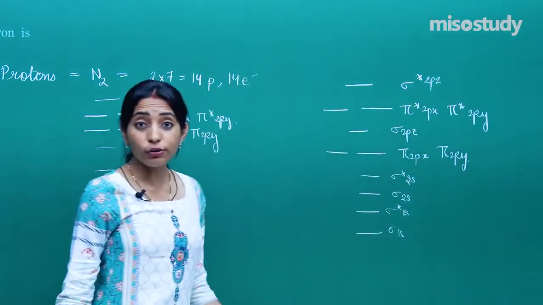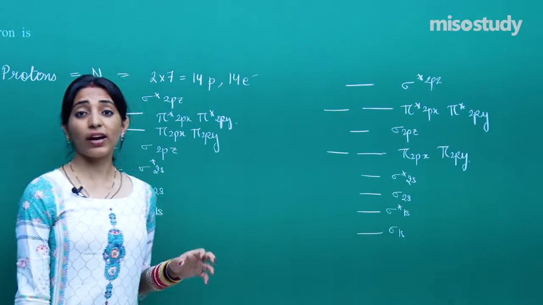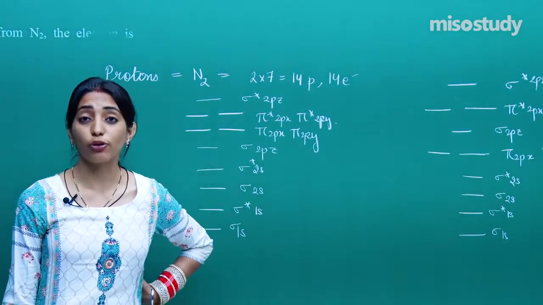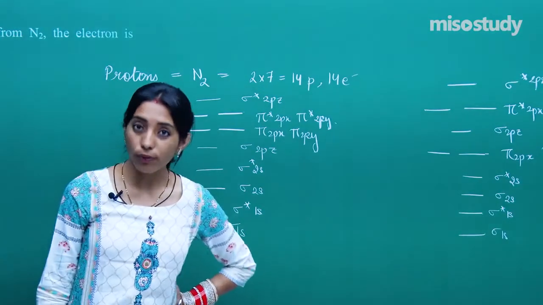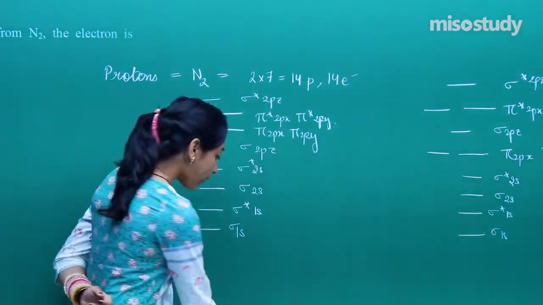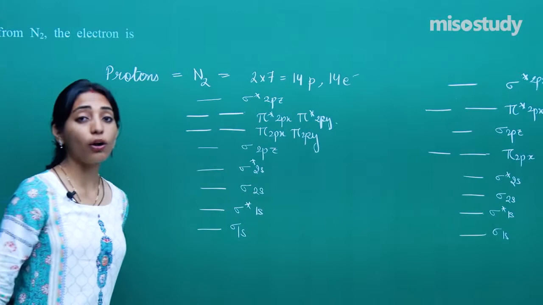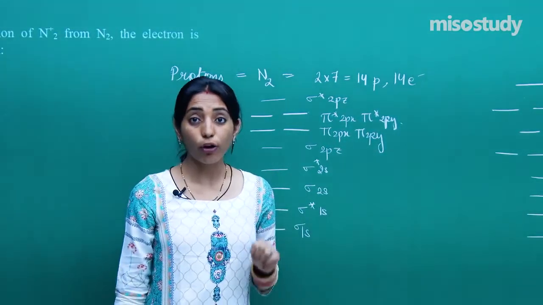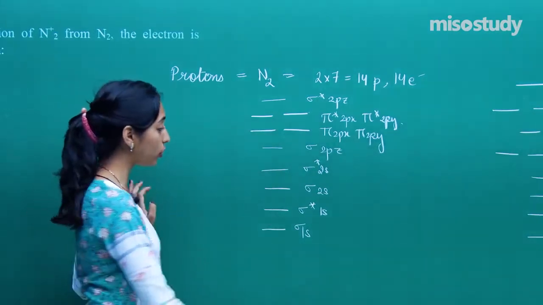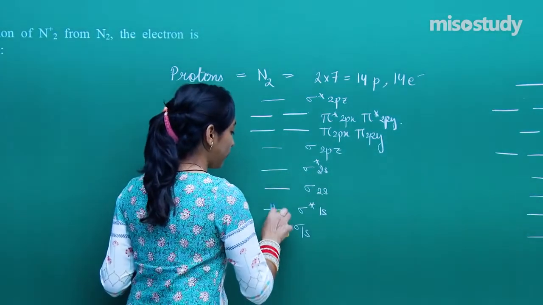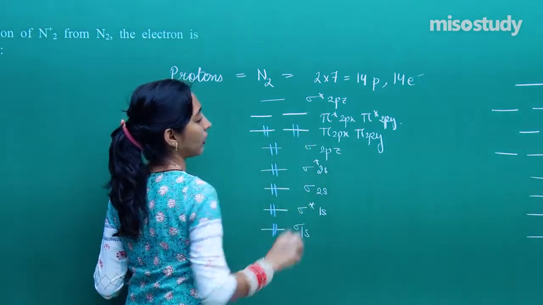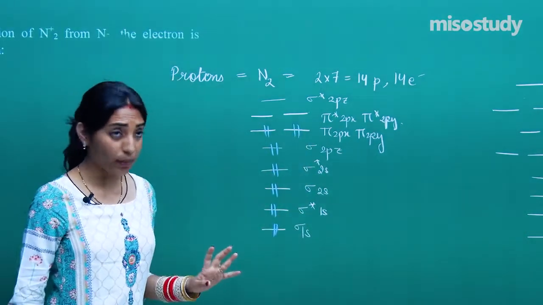So out of these two, one is for the species which have number of protons greater than 15 and another is for the species which have protons less than or equal to 15, right. So here how will I do the distribution if I am talking about the total number of 14 electrons? We will have 1, 2, 3, 4, 5, 6, 7, 8, 9, 10, 11, 12, 13, 14, right. So this is our case number 1.